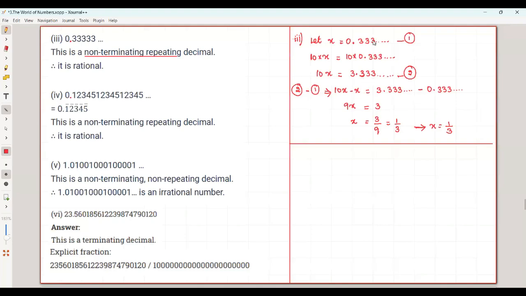2 digit means 2 digit, 3 digit means 3 digit, we should have. Then subtract 2 minus 1, simplify, and we will get the p by q format. Now fourth question,